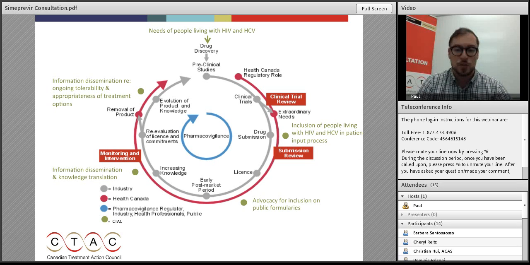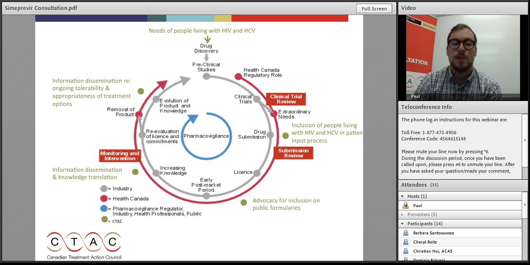From here, as we move a little bit around the circle, we play a role in advocacy for inclusion of new medications on public formularies following decisions by the Common Drug Review and by INESSS, the Health Technology Assessment body in Quebec. We do ongoing information dissemination and knowledge translation work, not just around treatments, but about access issues more generally. And then really importantly, and this links up to the 10 o'clock part and the 12 o'clock part on the circle, information dissemination and opportunity for feedback with folks who are undergoing hepatitis C treatment or folks who are on HIV treatment across the country is something we can then reflect back to industry partners who are looking